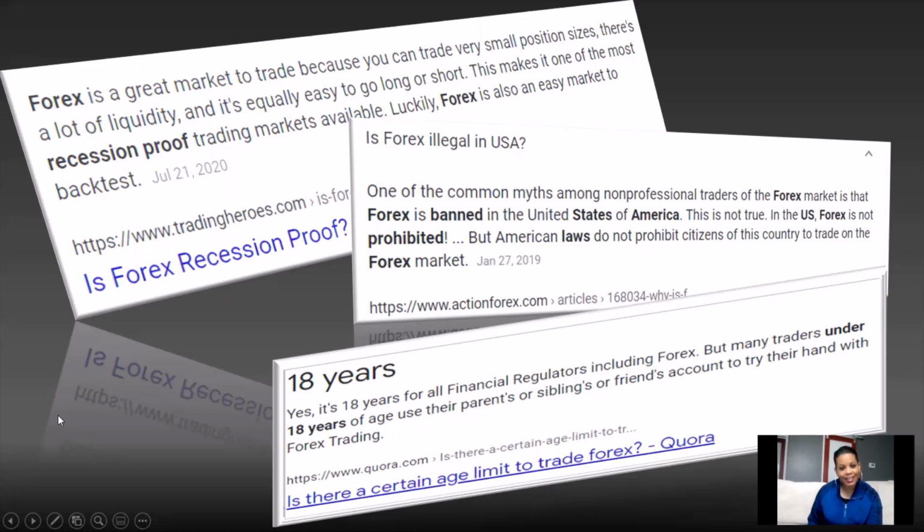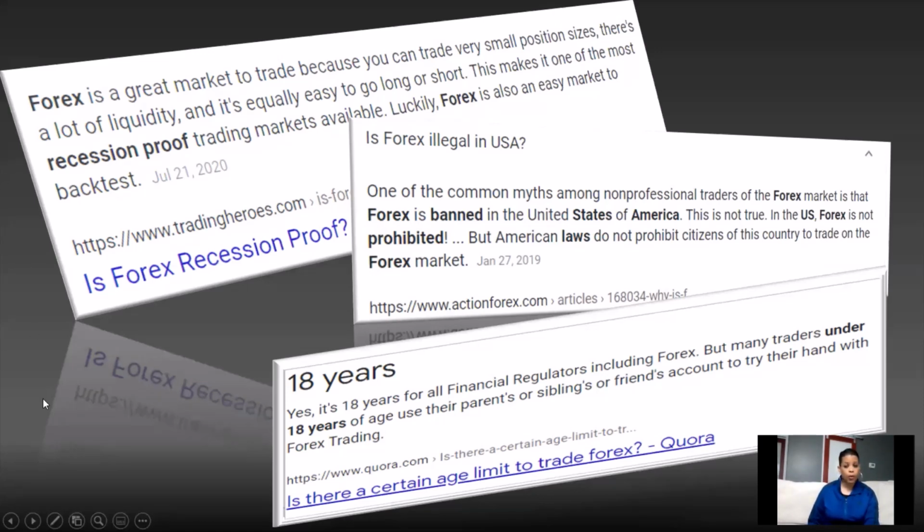So, question. Is Forex recession proof? Answer, yes it is. We went through a recession. I feel like it was a depression because we had so many millions of jobs lost, and people are still, just for the record, it's February the 6th, 2021. We still have people going in food lines, going to pantries to get food. However, those of us that really know what we're doing on the foreign exchange market, we're able to go in, tap in, and make some money. So yes, it definitely is recession proof.